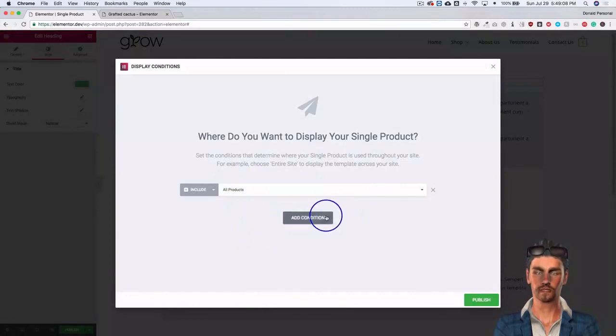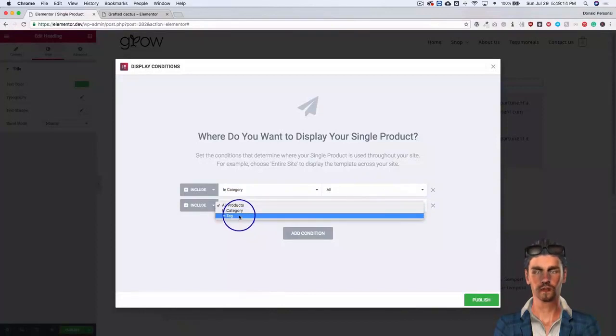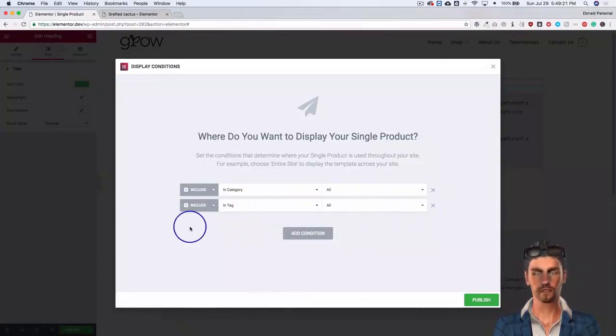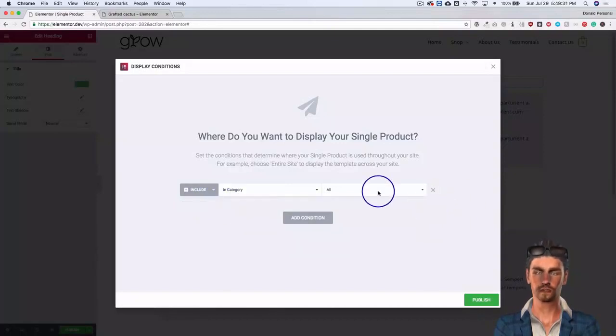We can also add multiple conditions. So if we want it to be in the category of this, but we also want it to be in the tag of this, you can go ahead and include all of those inclusions for your condition, and then if you click this drop down, we can do exclude. So all of the categories except for the ones in this tag. So we could do something along those lines,